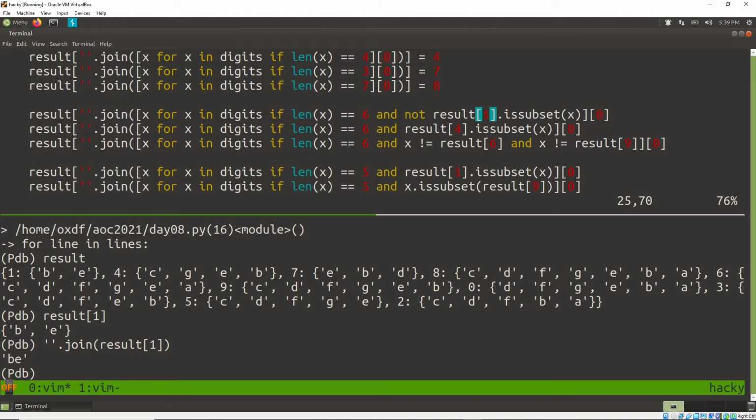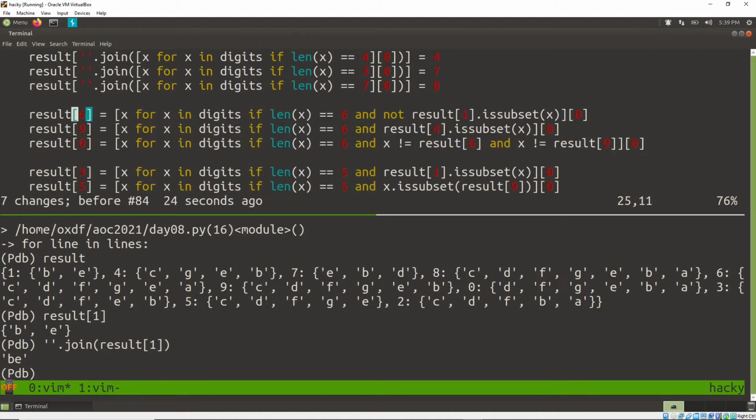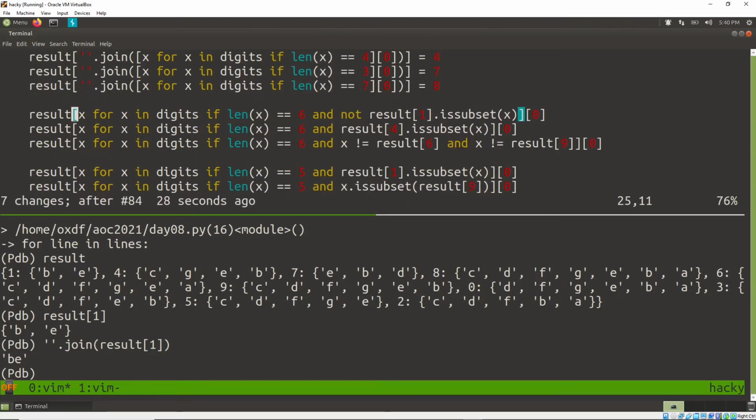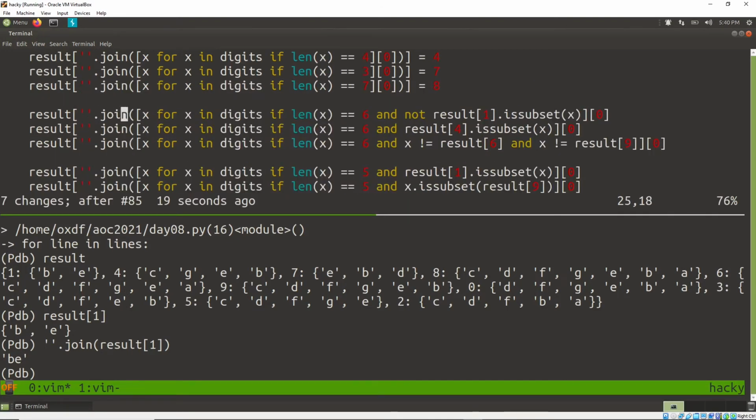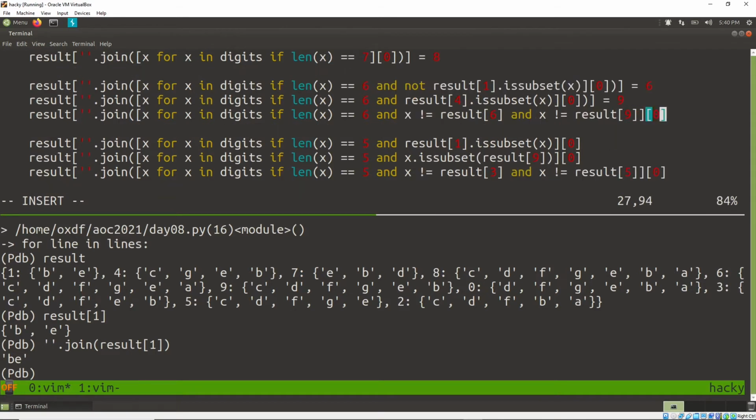Ooh, I lost my numbers. 690352. 690. That equals 6. 9 equals